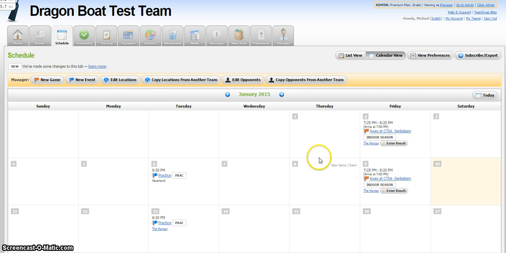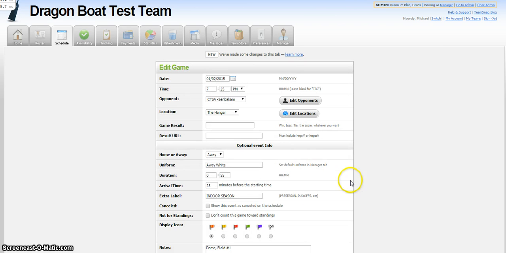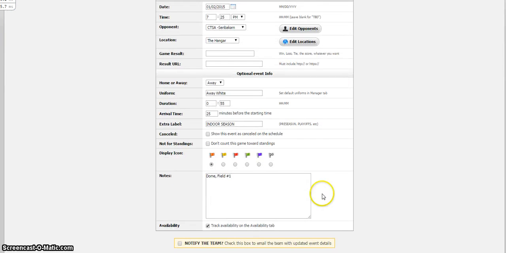So, for example, if I want to keep up with the history of how we did at this event, I might click on the event afterwards and click edit, and then go down here in the notes and just enter top results from the Tempe event,